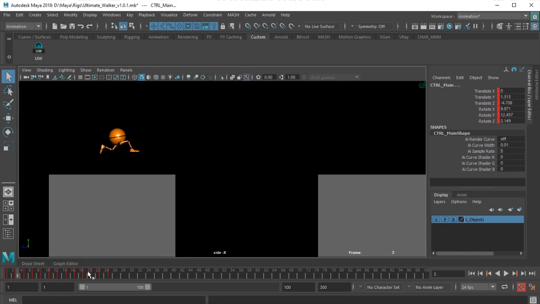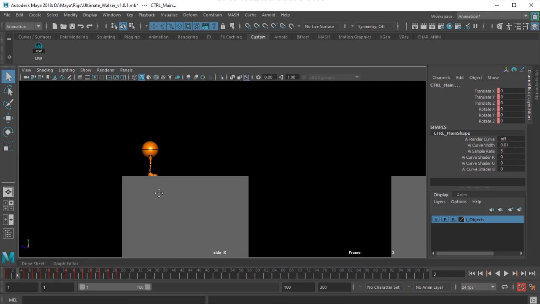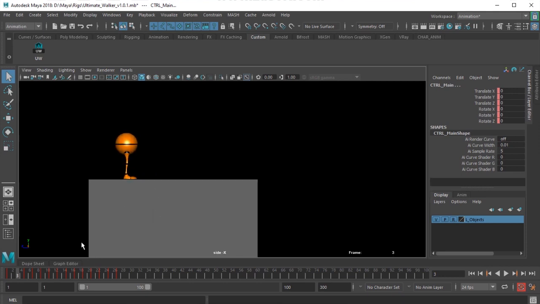That's why I always take the odd frames here. So between 1 and 3, I can put a pose, but I'll move the poses so that on the third frame I'll get a chance to do something.